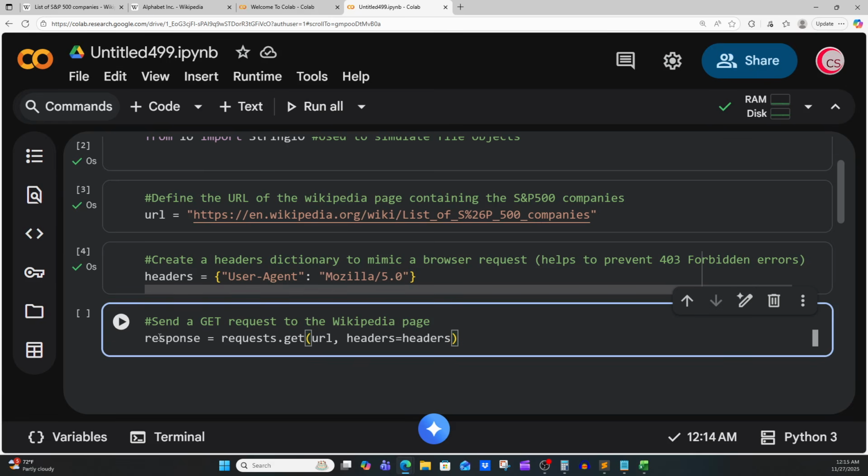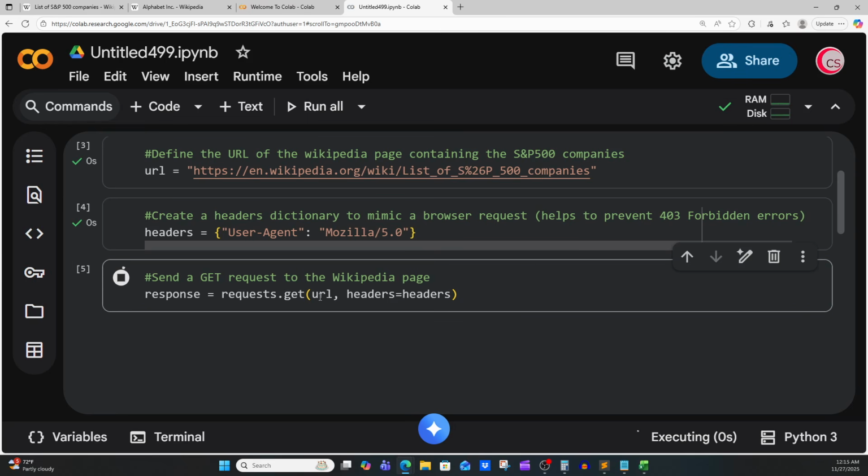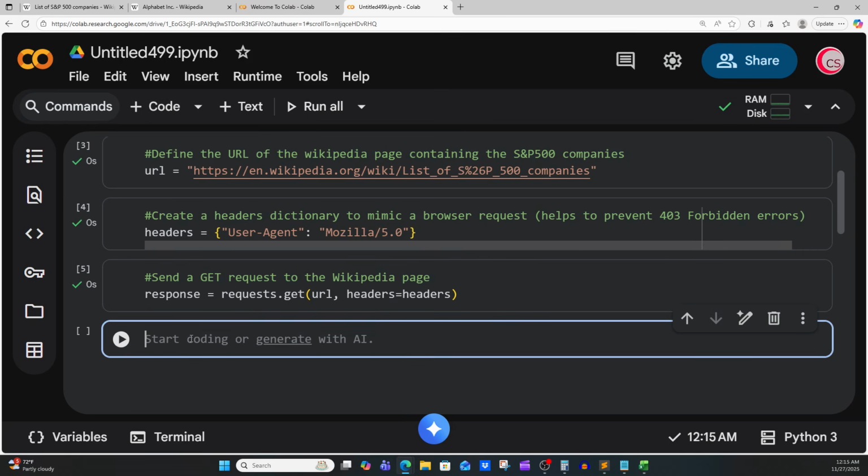All right, so I like that. I probably should have put all this in one cell, but this is good. I'm just going to go ahead and run this cell. Let's create a new one. We'll just keep doing it like this for now. Okay, so next I want to